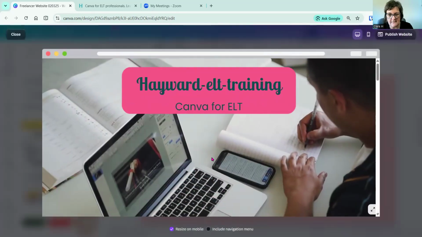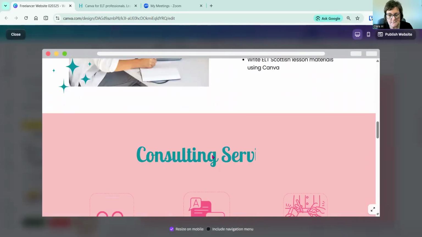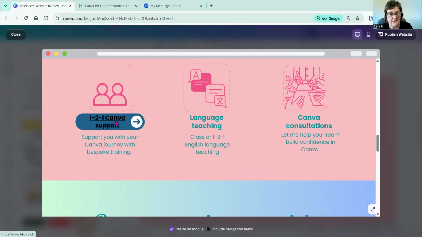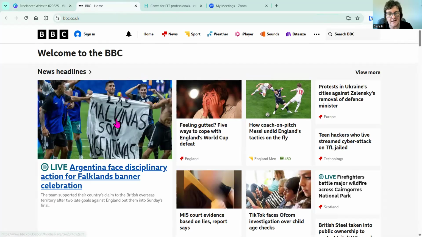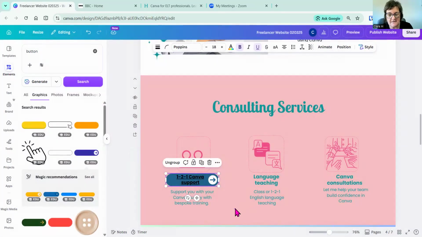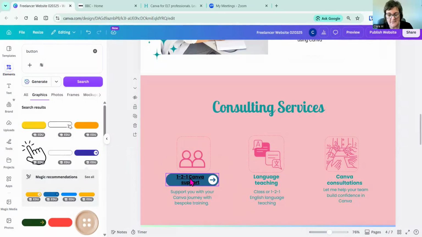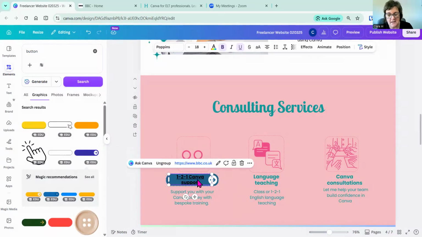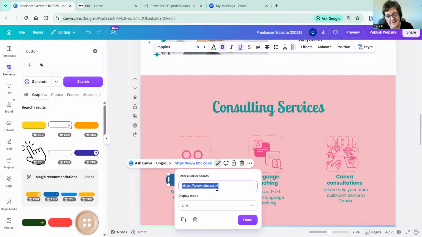So if I preview that, come down to this page, you can see there, I can click on that, and lo and behold, I go straight to the BBC. Now, in the design, when I'm able to edit, if I hover over and look, if I want to edit that link, I just click on the pencil and I can delete it, or I can edit the link into something else. Really, really useful if your prices are changing and you want to update the link here to your PayPal button, for example, or your